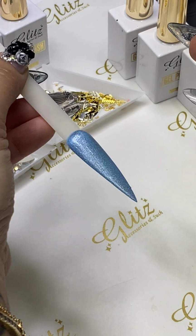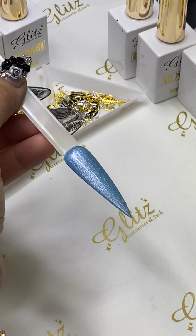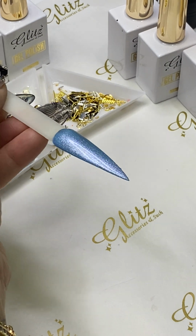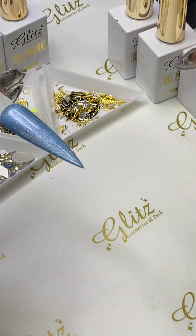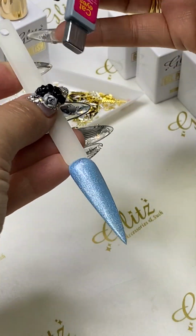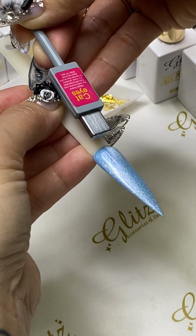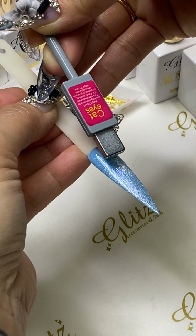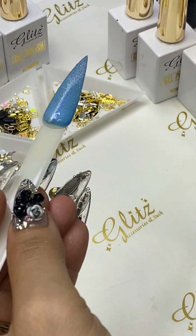So gorgeous. I feel it looks like, what is it called, a similar look to the Aurora, but it has the cat eyes on it. So what I'm going to do, I'm using the cat eyes. I'm going to pull the magnets off from the frame for just a little bit, and you're going to hold it parallel with the nails, and you gently just move the magnets right down,